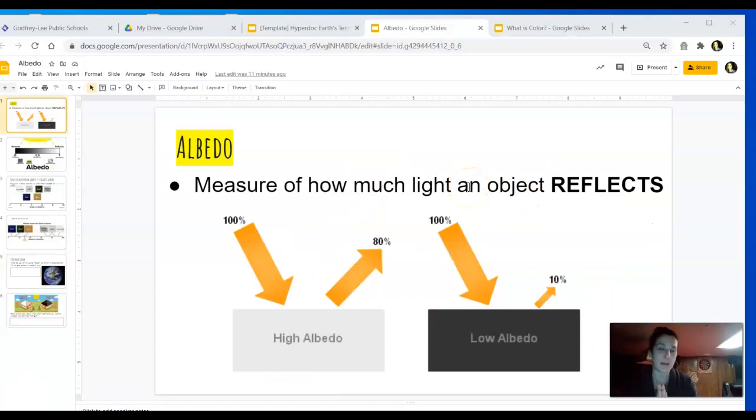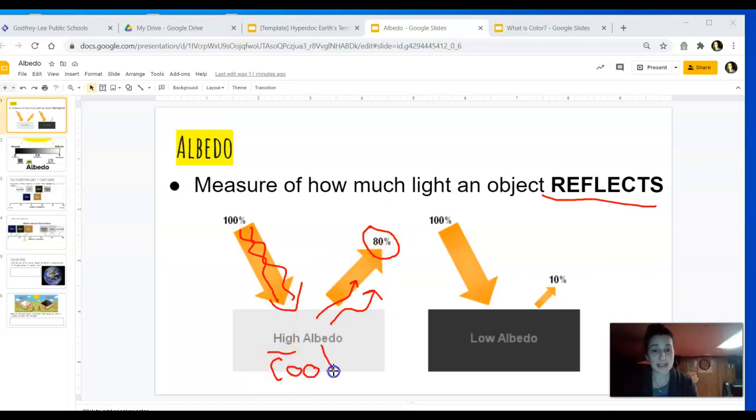So this leads us to a phenomenon called albedo. And albedo is the measurement of how much light an object reflects. Okay, so if something has a high albedo, that means it's reflecting lots of light. So here is the high number right here. So let's say this is radiation from the sun coming in. It hits it. So things that are light in color reflect a lot more. So a lot of that light bounces off, and this object is going to be cooler, right? Because not as much radiation is being absorbed and transferred into heat.